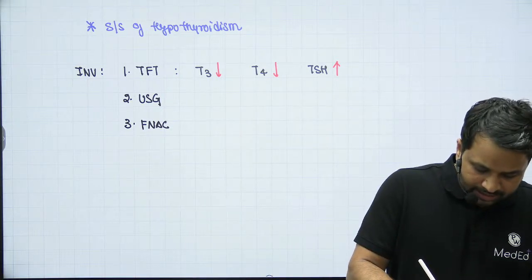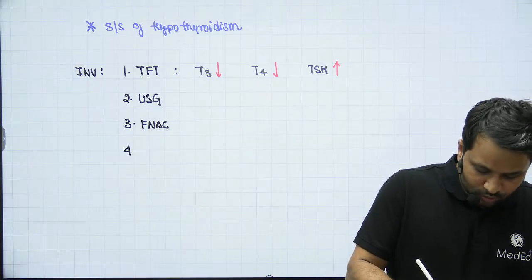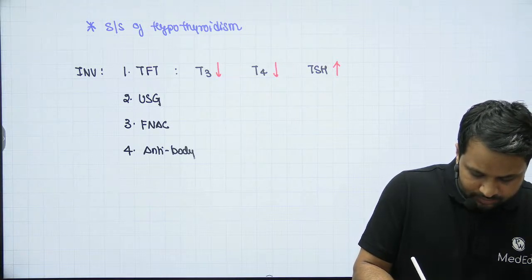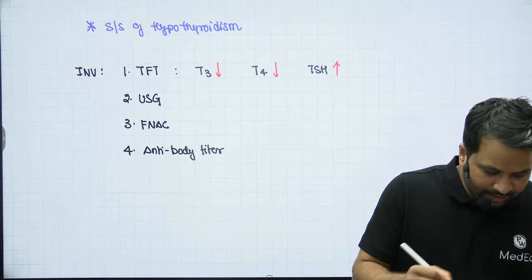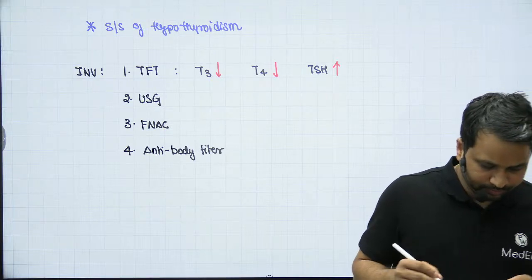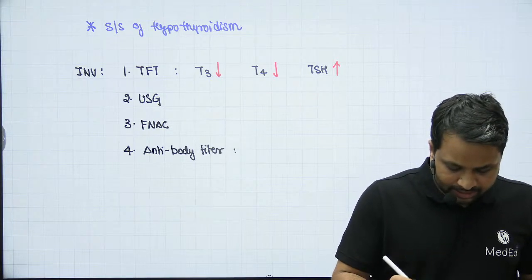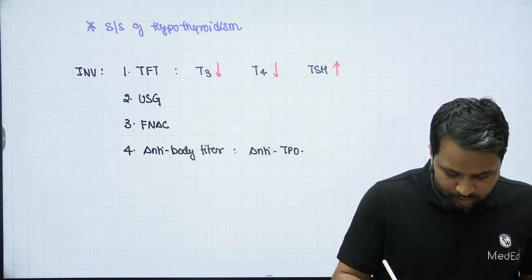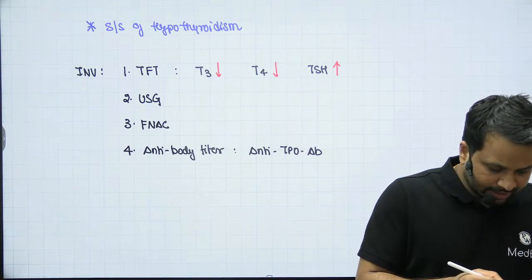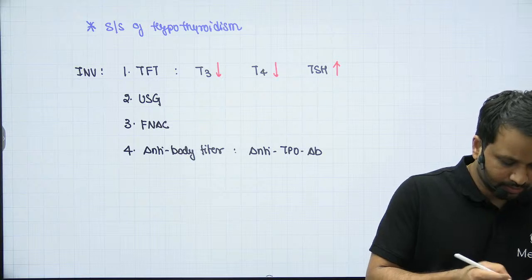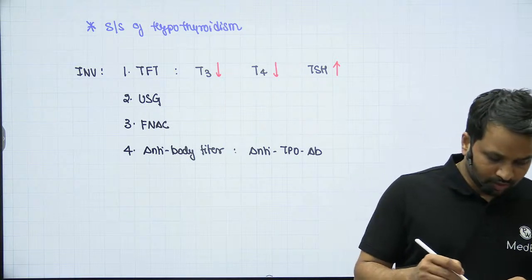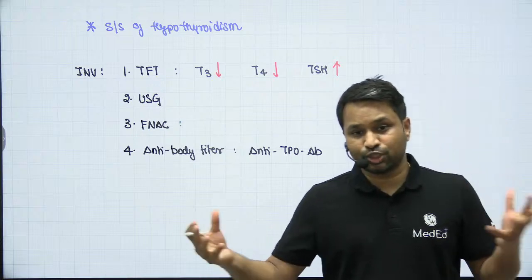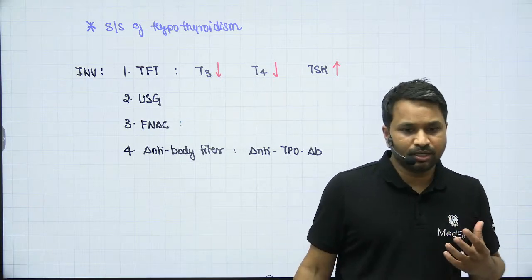And the last thing that you would like to do is to look for an antibody titer. Okay? In the antibody titer, I will look for anti-thyroperoxidase antibody. Right? Now, here on the FNAC, you will find the characteristic cells which your pathologists are going to find quite